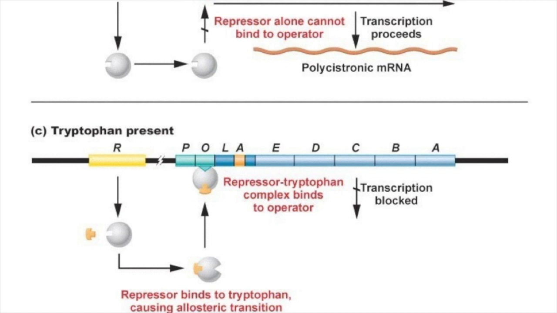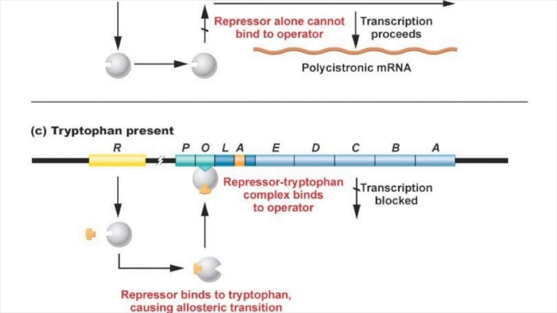Tryptophan binds to the repressor protein, but it does the opposite to the repressor protein that we saw on the lac operon. When this substrate, this tryptophan molecule, interacts with the repressor protein, it changes it so that it can bind to the operator. Remember, in the case of the lac system, when the lactose binds to the repressor protein, it makes it so it can no longer bind to the operator. This is the opposite. When we have tryptophan present, it changes the repressor protein and makes it so that it